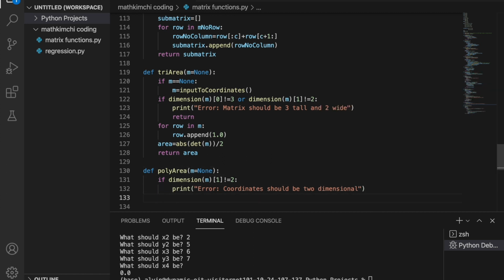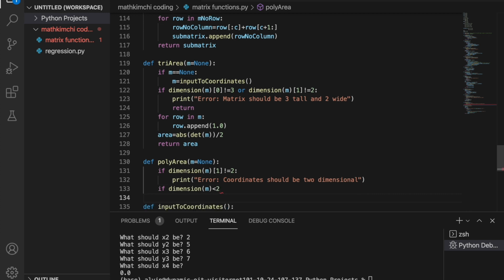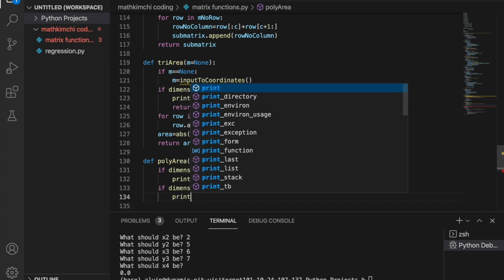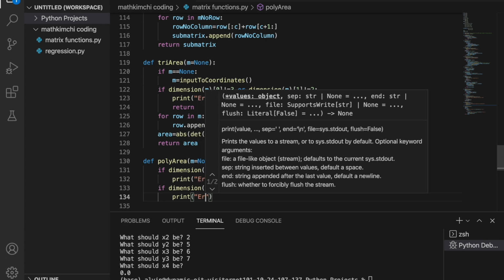And we actually should also check if the length of m is less than 3, or I think it would be possible with 2, because the area is just gonna be 0. So if it's less than 2, aka if it's either 1 or 0, then print error